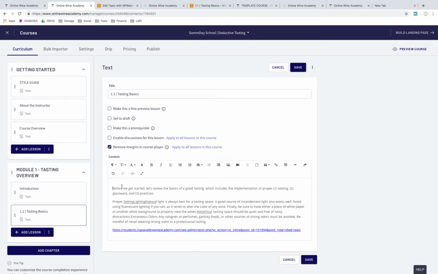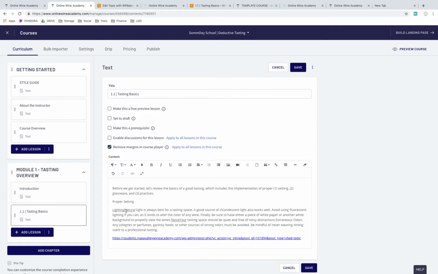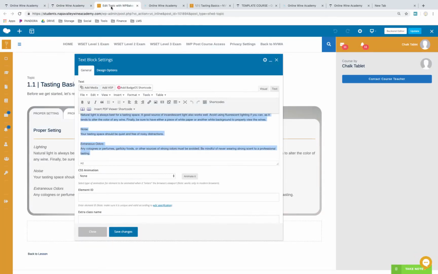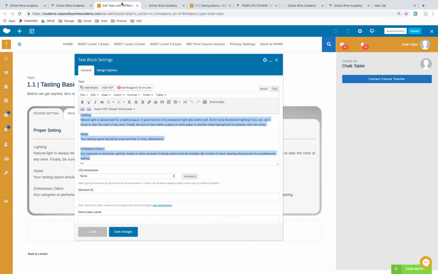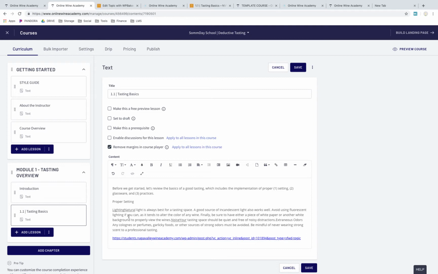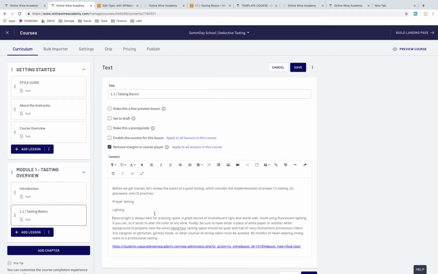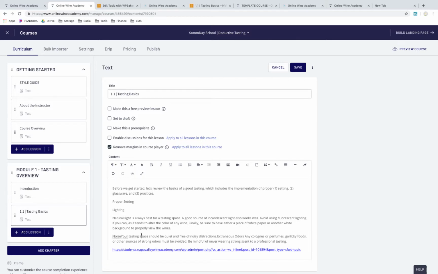but I'm going to go to the front end to edit. So I'm here at the front end, I've got my header, which I'll come back and edit in just a second. I'm going to refer back to this just to see how I had it. It's just italicized, so those look like level 2 headings, or at least in that course, level 2. They're going to be different in this course. We'll come down to noise,